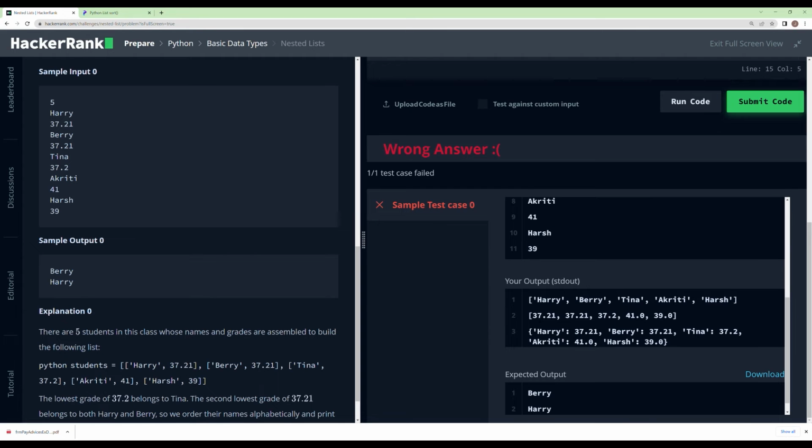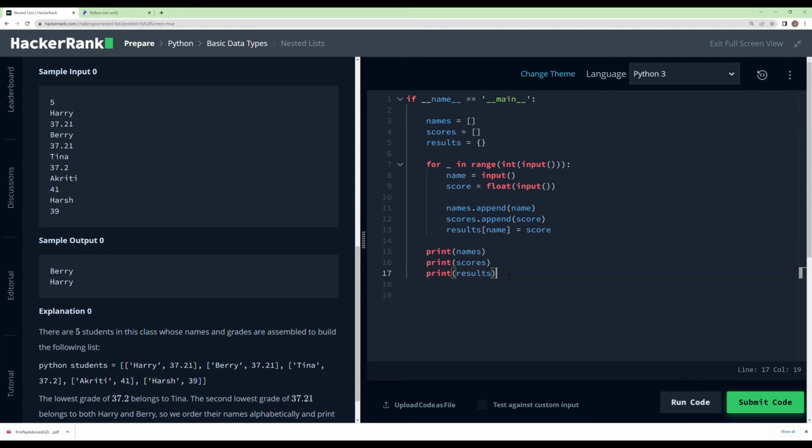Okay, so now the first thing that we're going to do is work out what the second lowest score is. And this is super similar to the challenge number 9 that we just did. So if this goes a bit quick for you, just go back to that previous video and have a look. So what we want to find is the second lowest score. And to find it, we're going to use our scores list. The first thing we will do is get rid of all duplicates, then sort it, and then just pick